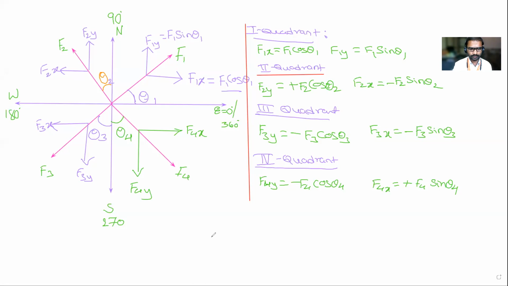Sir, please repeat when to take cos and when to take sin. Okay, good. I will repeat. See, in the last class we always took the x component. What did we write for the x component? Tell me. Fx is equal to F cos theta. And the vertical component Fy is F sin theta. This theta is with respect to horizontal. Correct? In the problem we solved, how did we consider theta? It was with respect to horizontal.